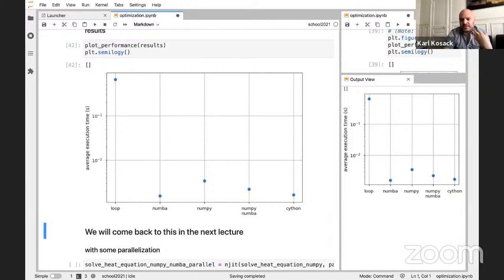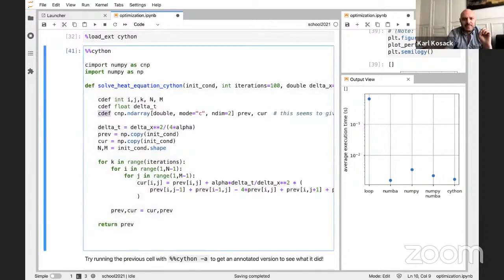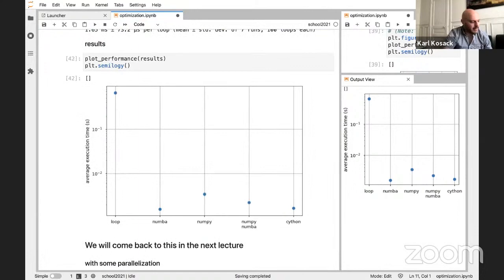Cython is actually pretty good, but requires a bit of extra effort, because it is not using the same code. You have to add a little bit of information to the code. I actually had to play with this a few times to get it to work properly. I found that this made the biggest result: defining that this was an ndarray of doubles with 2 dimensions made a huge speed increase. If I got rid of that line and let it infer that, it got very slow. So it takes a little bit of practice and playing with it to get it to work.